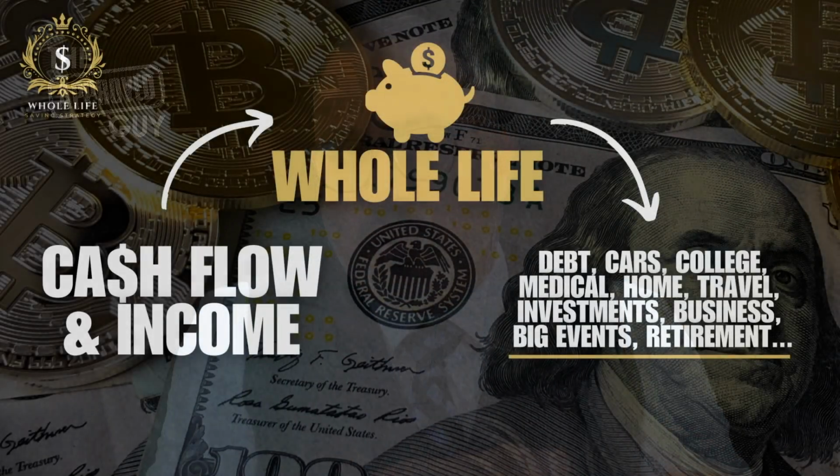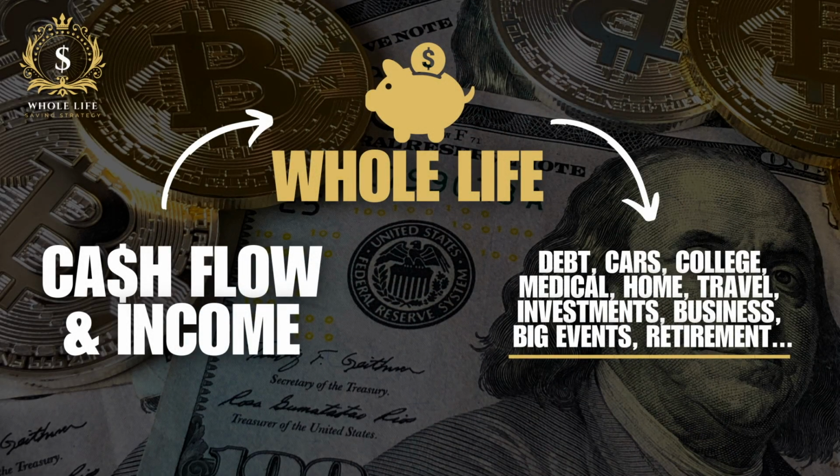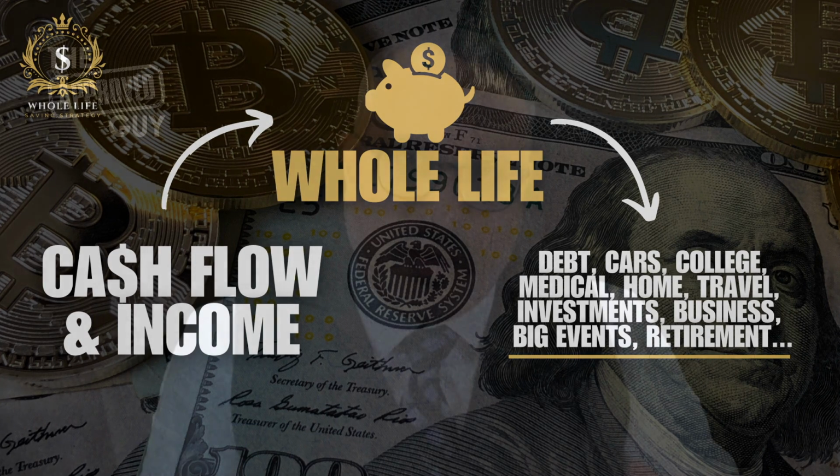And over time, as the money grows and compounds, the growth of the money outperforms the cost of the insurance to the point where it's going to be double, triple, quadruple the growth of the cost of the insurance. But at the same time, you can borrow against this policy and use it to pay your expenses, to pay your debts. And if you manage this properly, you're going to be able to recapitalize the cash value in your